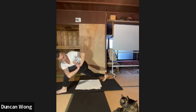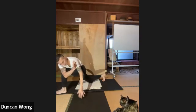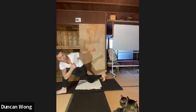4, 3, 2, 1. Might kneel down, base my pelvis from my kneeling knee, and draw the bow. Feel down the back for 5,